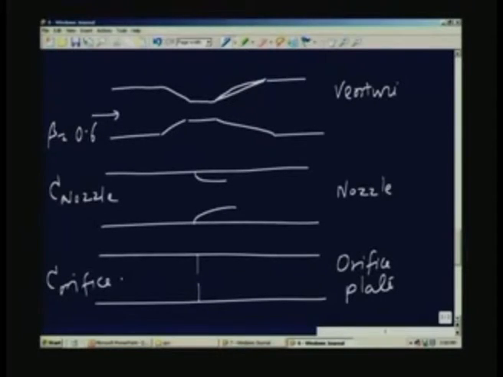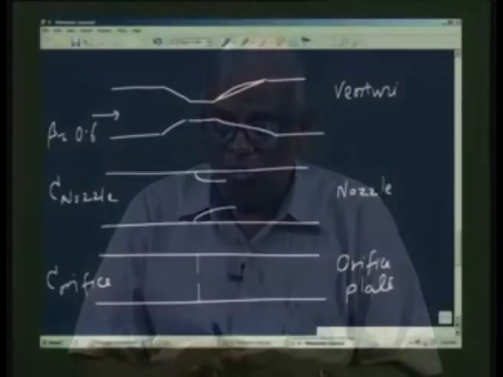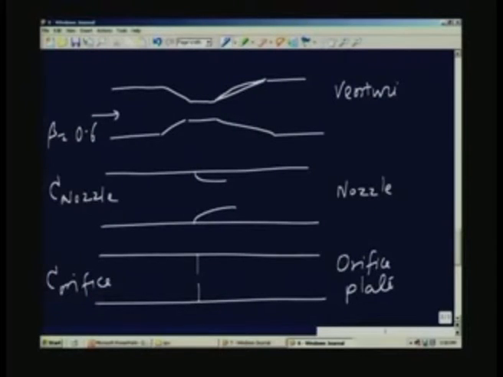That is the only thing which is going to change, because all other conditions are given to be the same, that is the same mass flow rate and the same diameter of the pipe, because we already determined the diameter of the pipe such that the pipe Reynolds number is not less than 10 to the power of 5. So, we are going to specify these conditions as being fixed, and I want to compare the venturi, the nozzle and the orifice plate.